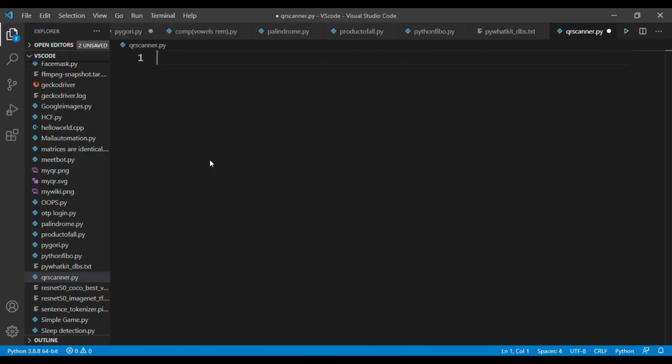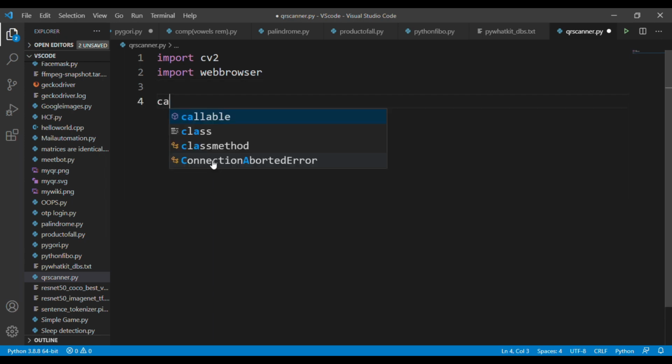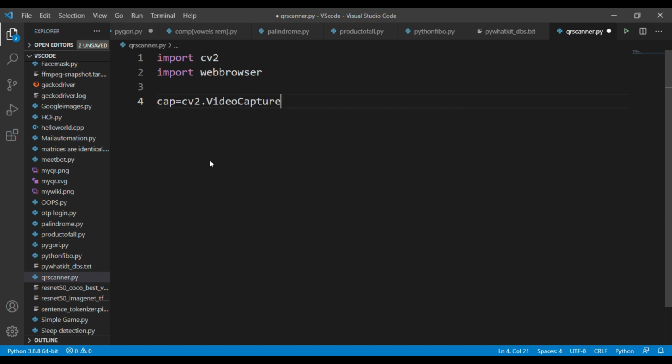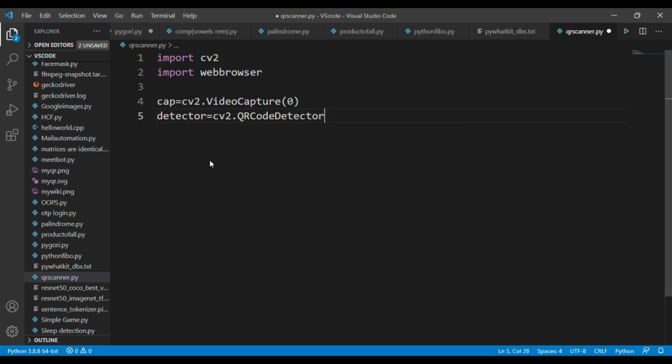First, you need to import OpenCV and the webbrowser library. The cv2 is used for scanning the QR code through the webcam and webbrowser is used to open the URL in the browser. After importing the requirements, we need to start the camera for capturing the QR code. For that, declare a variable called cap and in this variable, pass the instance cv2.VideoCapture. The next process is we need to create a variable called detector and in this variable, call the object cv2.QRCodeDetector. This object is very useful for capturing the QR code in the real-time process.